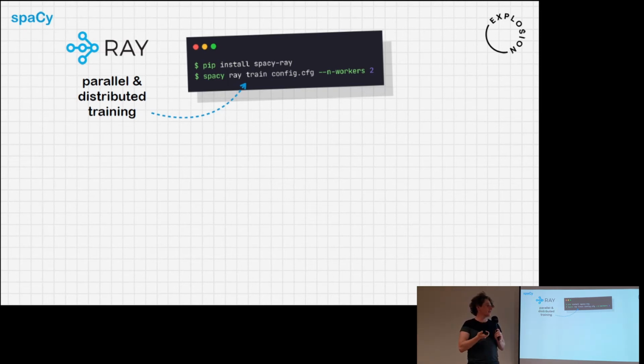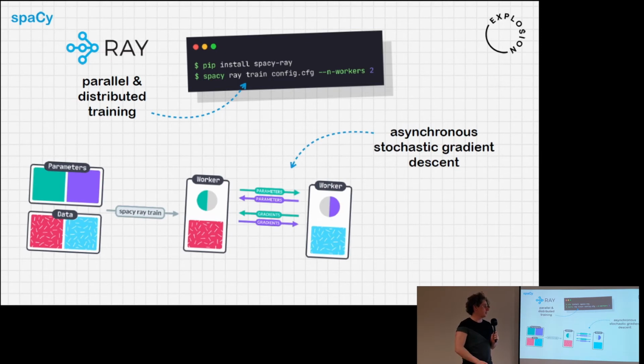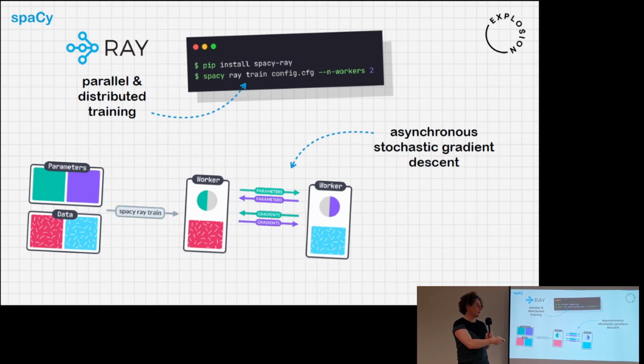It gives you a really good set of primitives for basically designing how a program will communicate across multiple workers. We've been working with the Ray team to develop a good parallel training system for SpaCy. We have a pretty good data parallel setup here, where parts of the model are sent to each worker, and each worker is responsible for updating part of the parameters, and it's able to work asynchronously without blocking.